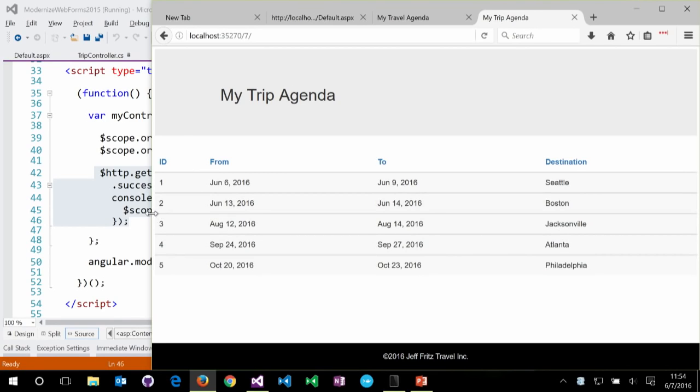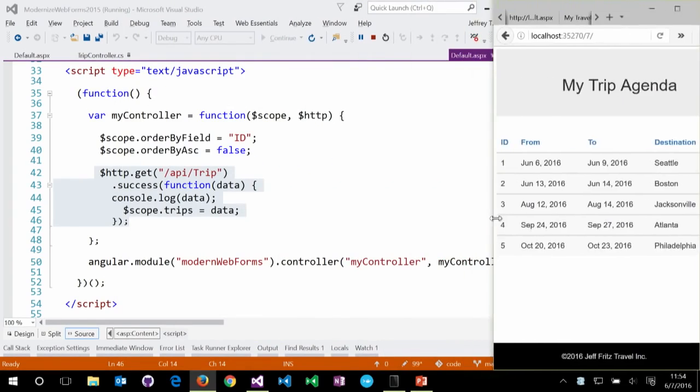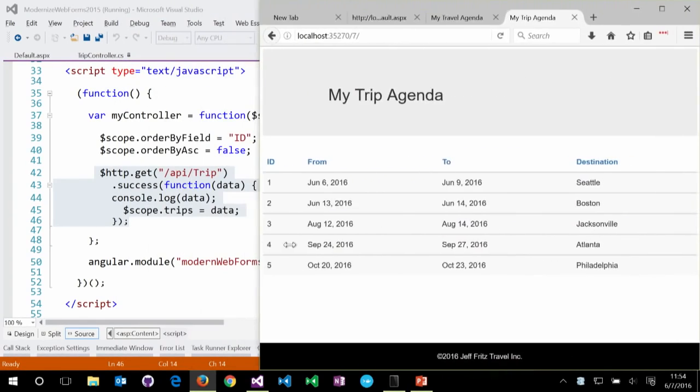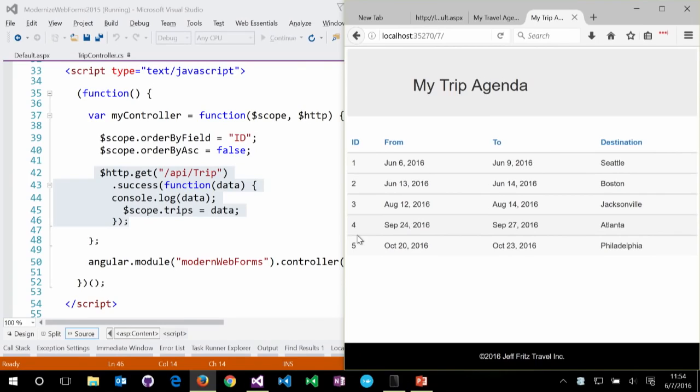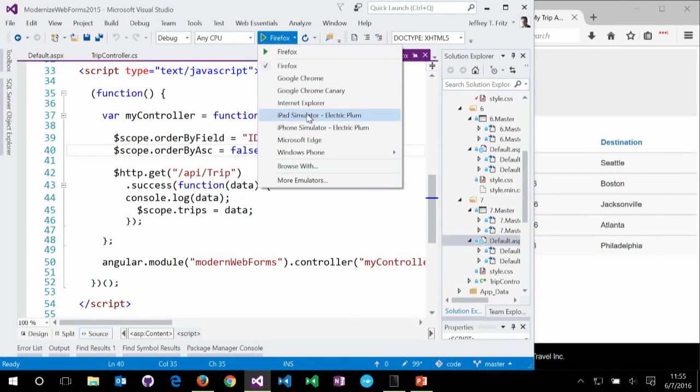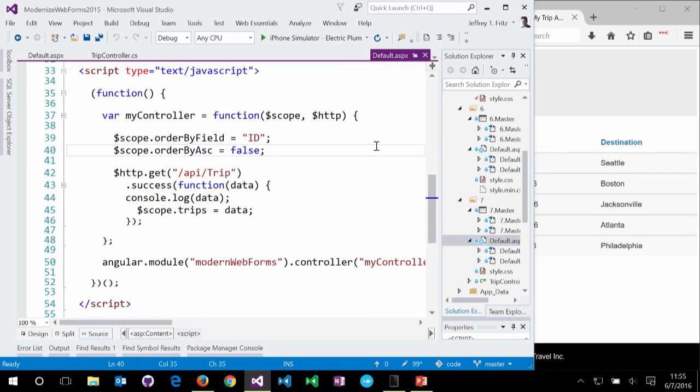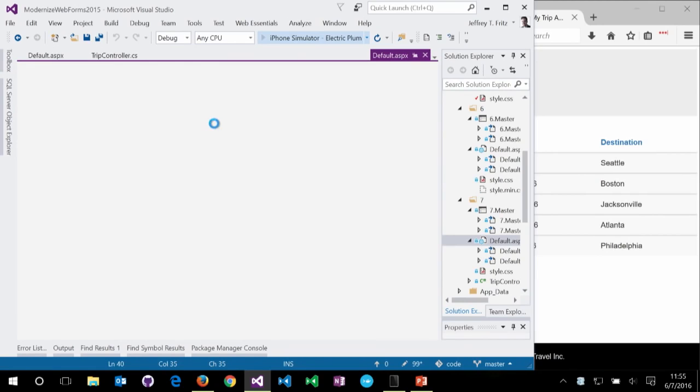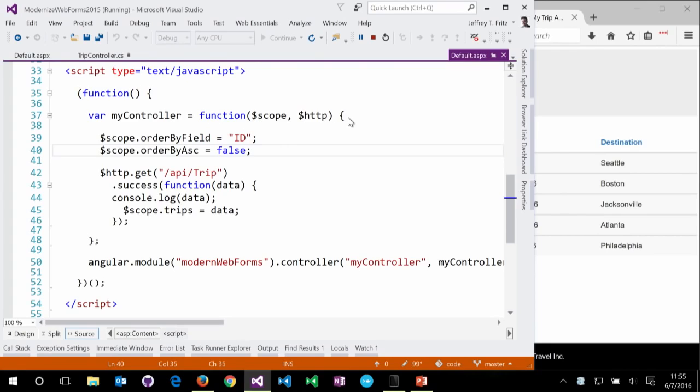And the final thing that I want to show you, I mean, this is nice that I can see how it sizes appropriately here, but what if I want to see how this looks on a phone, right? I've always got my wife saying, well, how's this look on my iPhone? There is a tool that you can download from our friends at Electric Plum that will add into Visual Studio 2015 to simulate the iPhone. So if I come through and I say browse with iPhone simulator, it's going to take a second here and start up this simulator from Electric Plum, and